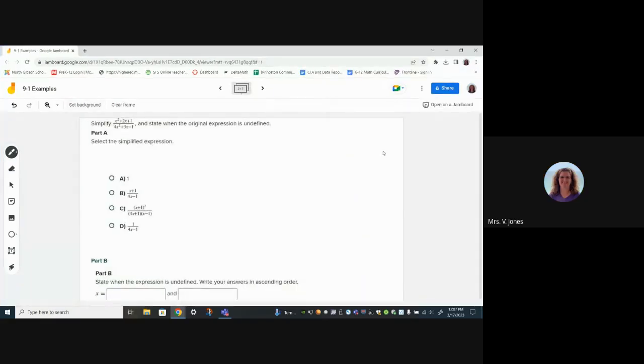All right, so continuing. If we're going to simplify this fraction, we're going to need to factor the top and the bottom, the numerator and the denominator. So this is the fraction that we're starting with. All right, so to factor that,